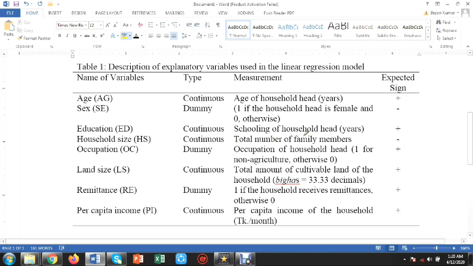This has been expected. Similarly, education has been measured by schooling of the household head in years. So if the level of schooling of the household head is increased by 1, the level of welfare will be increased. Similarly, all these variables have been